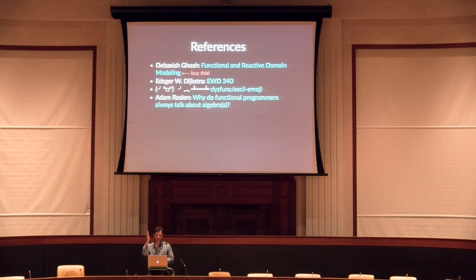And most of this material is from Debashish Ghosh's book, which you should buy. It's really good. It's called Functional and Reactive Domain Modeling. He goes into all the details of how to do this. I gave you the quick version, but it's a really good book, and it's very functional, but it's also very practical. How do we do these things, and what's important about it? Why should we do this? And he'll go through all the examples.